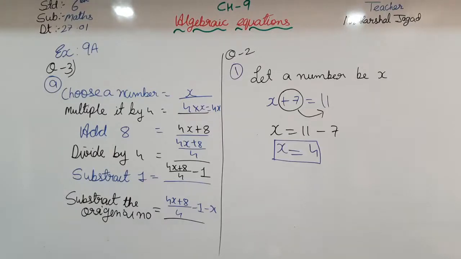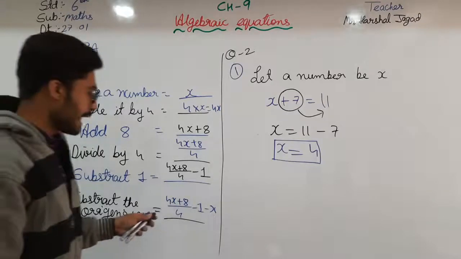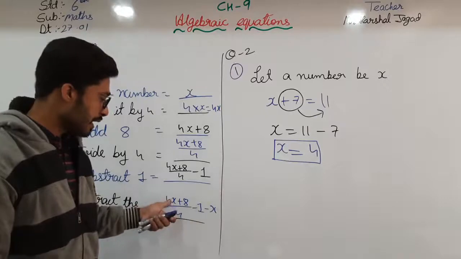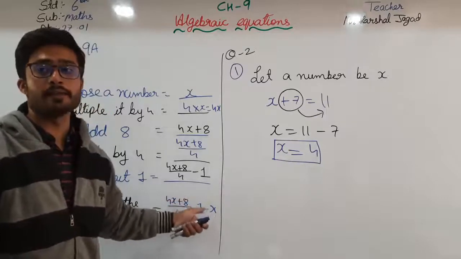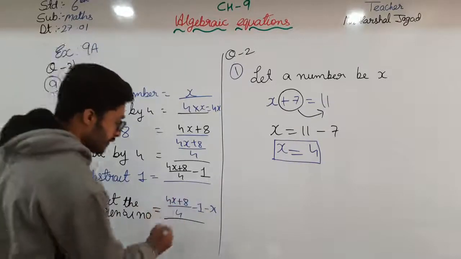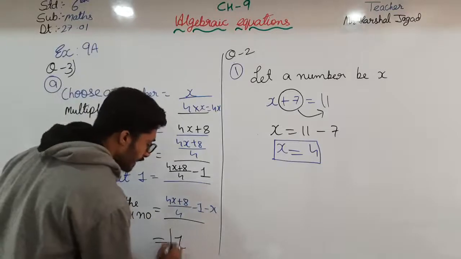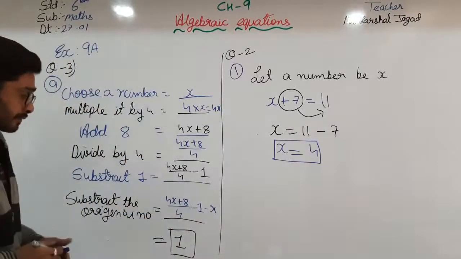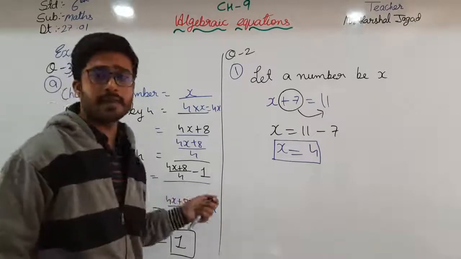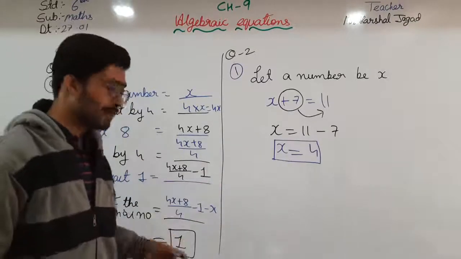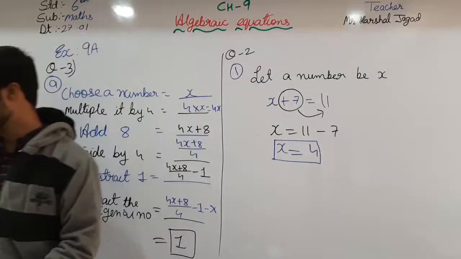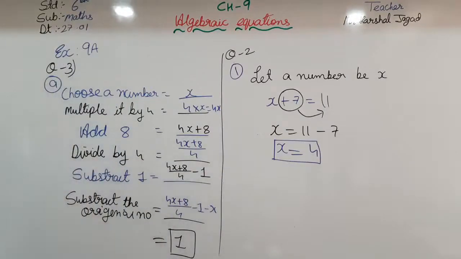Okay students, when you solve this, you will get the answer, that is here it is x, and here it is 2. So 2 minus 1, that is 1. At last, when you solve this equation, you will get the answer 1. In that way, you have to solve this equation and you will get the answer 1. And then after that, question B, you have to do on your own.